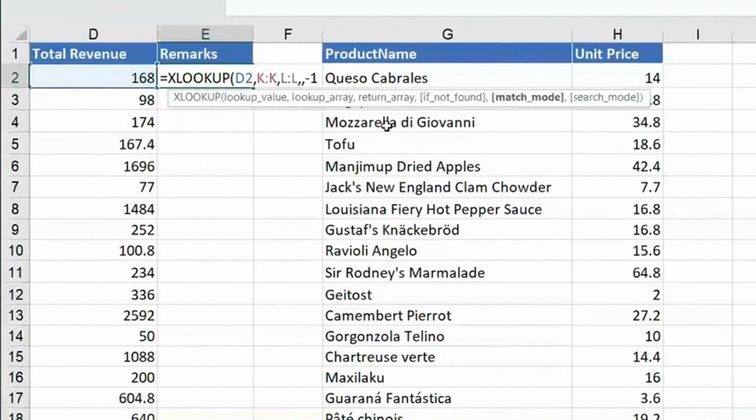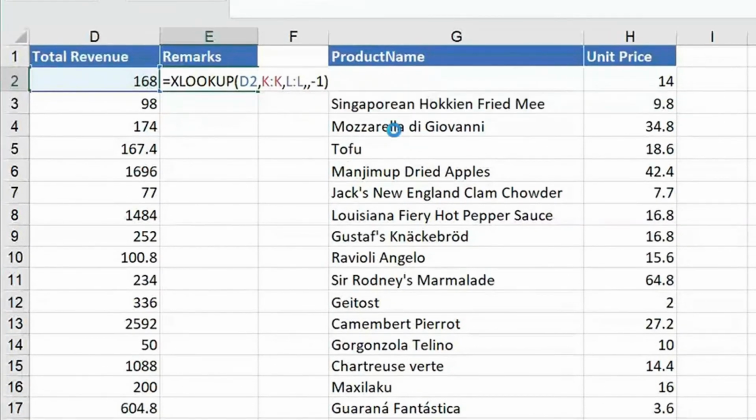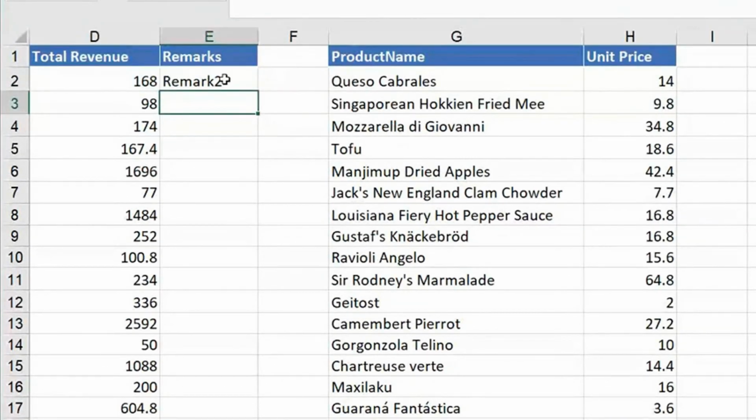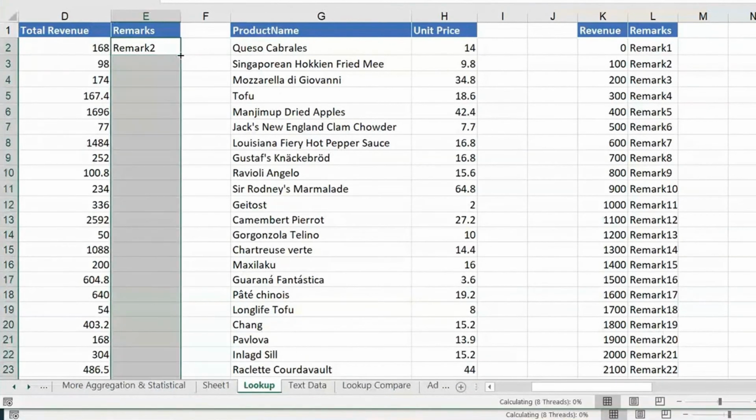In my scenario, the next smaller value makes sense for me. So I can write -1. I close the bracket, hit enter. See, it's working like how it worked last time. So everything which was done before is workable here. And the other beauty here, guys, I took the whole array, so it's taking a little time.